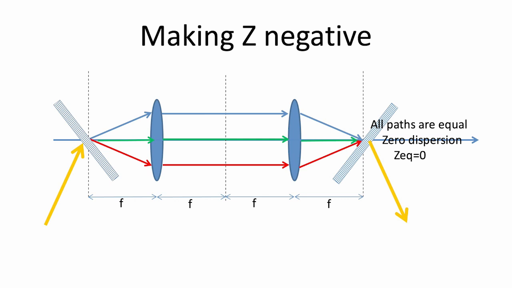If you place your grating at the focal plane and the other one at the other focal plane, you see that this one has been inverted because the telescope inverts your image. So the second grating here is the image of the first grating here. After recombining all your spectrum here, there's no group delay because all paths are equal. This is equivalent to a zero distance travel optical.